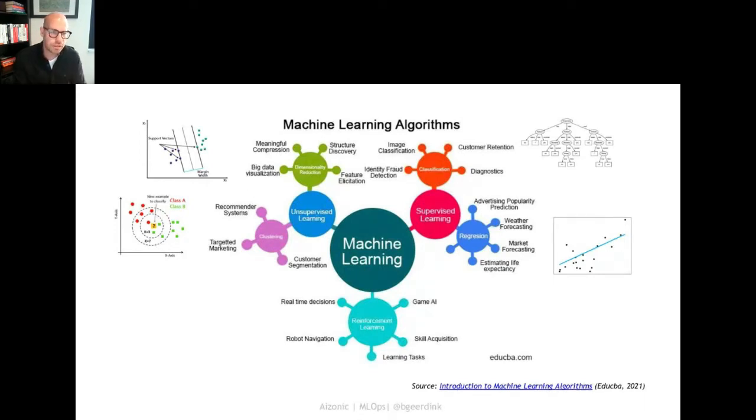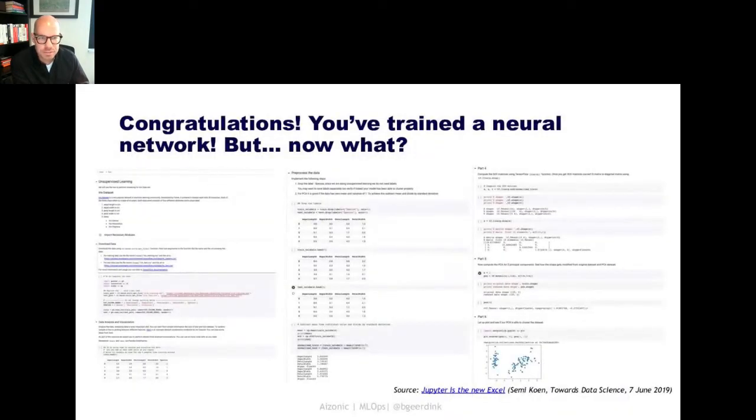It's one of the biggest jobs out there at the moment, and it's something that people spend a full career on learning, and certainly a full university career to grasp the depth of all the machine learning algorithms and frameworks that are out there. But what people are usually learning is this. They learn to